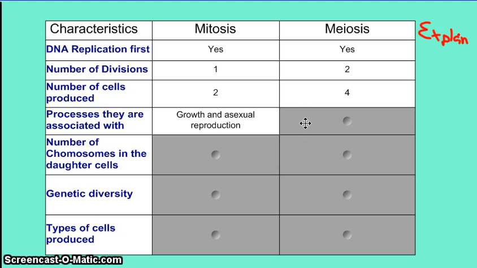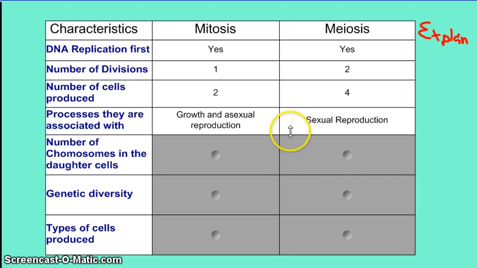And it's critical that your cells keep the same number of DNA, or same number of chromosomes, same amount of DNA in them. Same is true in asexual reproduction. The cells at the end of reproduction have to have the same number as the original parent, and mitosis makes that possible. Meiosis, on the other hand, is associated with sexual reproduction because it